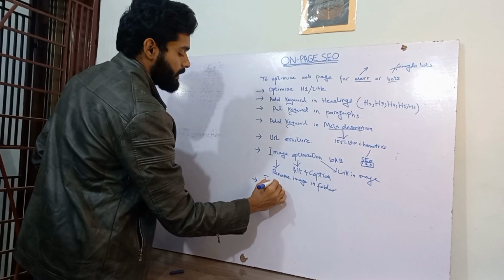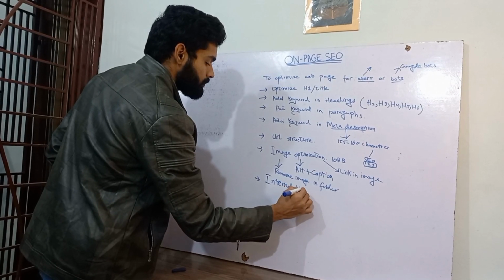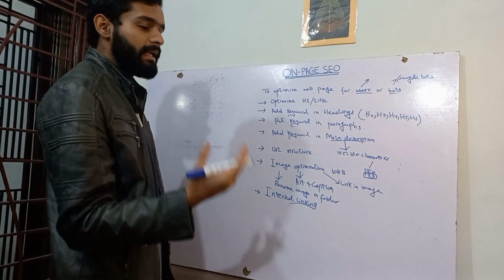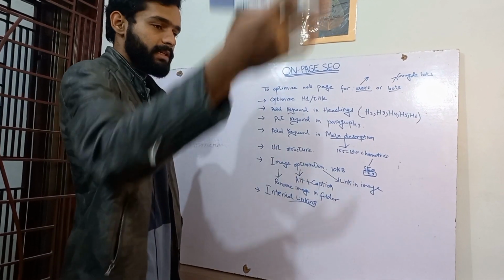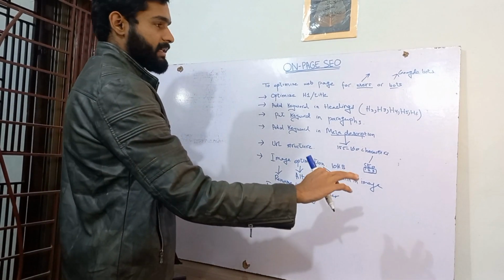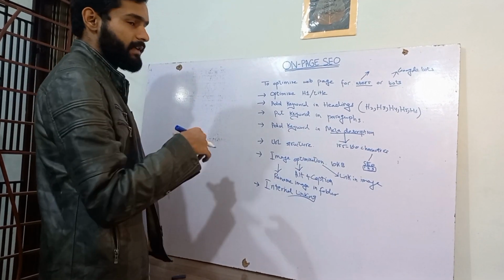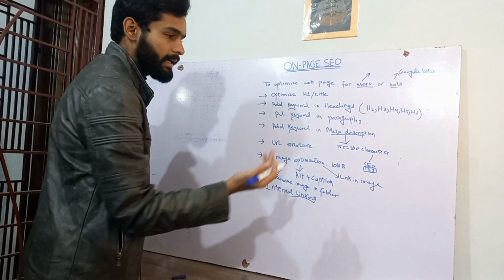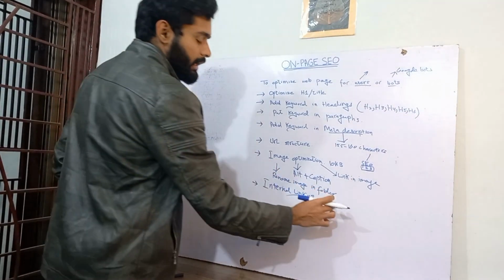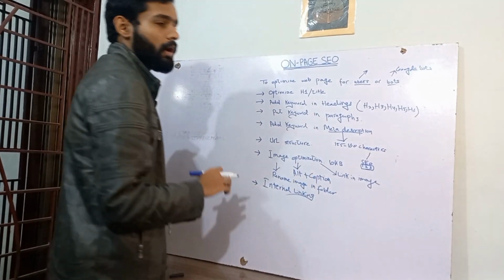The other thing is that you have to do internal linking. What is internal linking? Internal linking is when you add a link to your own website, not another website. That is called external linking. For example, if I am writing about how to do on-page SEO by optimizing your content, and another blog post of mine is related to content, I will select the word content as the anchor text